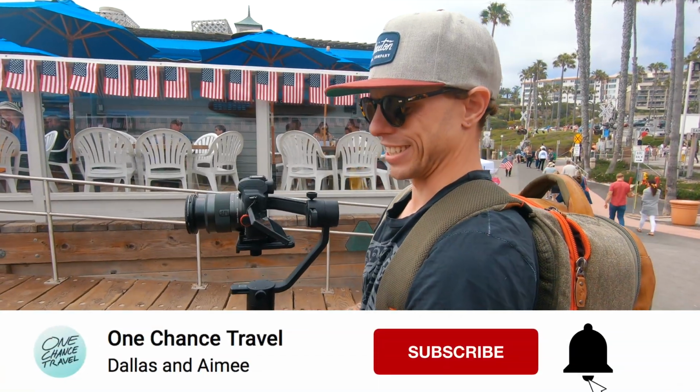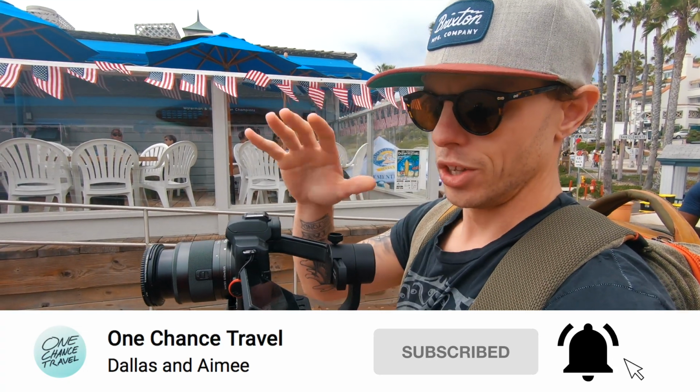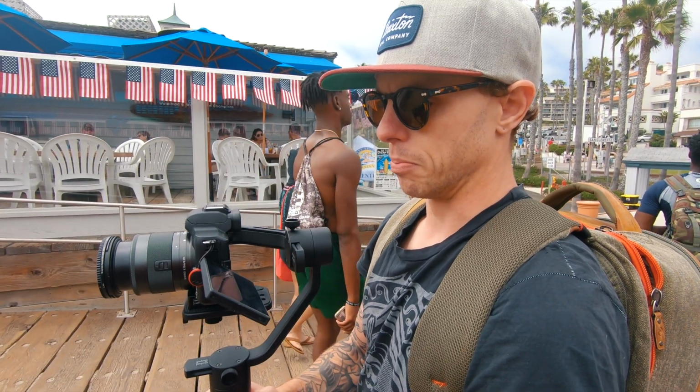So the trick is to get this exactly set how you want, so you get as little left and right as you can while you move. You want to keep it perfectly in the exact same spot with as little drift as you can. So we're going to give it a shot here and see how good we can get this Moza